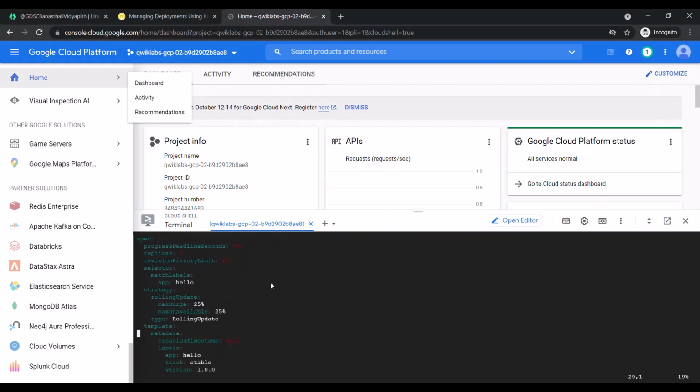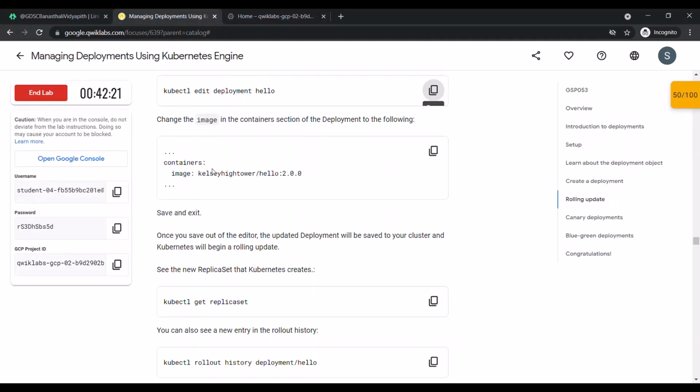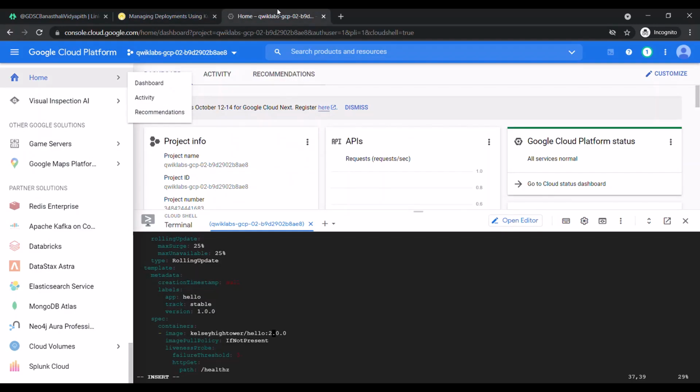Where is the image? To start the editor, we need to use I. So I'll be pressing I so that we can edit from the editor. I'll remove the 1 and paste 2 over here. And then let's see what we need to do. We need to save and exit. For saving, we need to press escape and then colon and write wq and press enter.